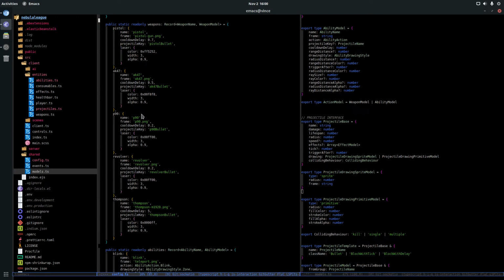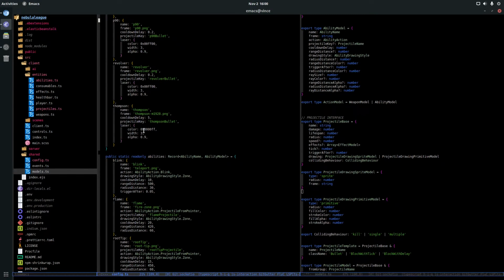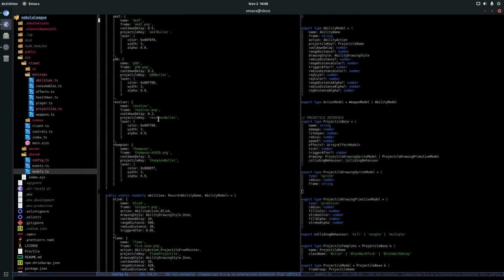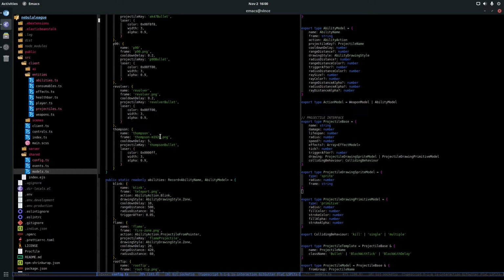Also, the other strange thing is that when I have an ability, the configuration of the behavior is not inside my ability. It's inside the projectile that is tracked, if it's a tracked one.